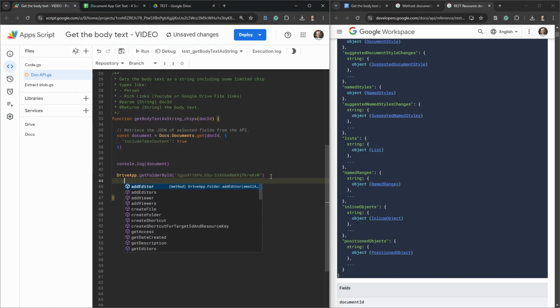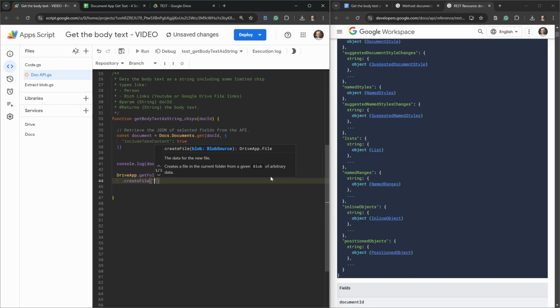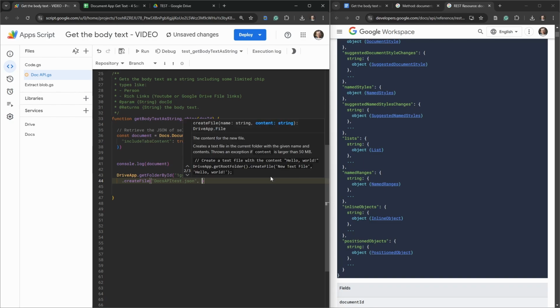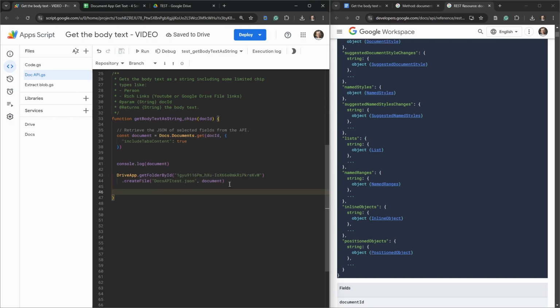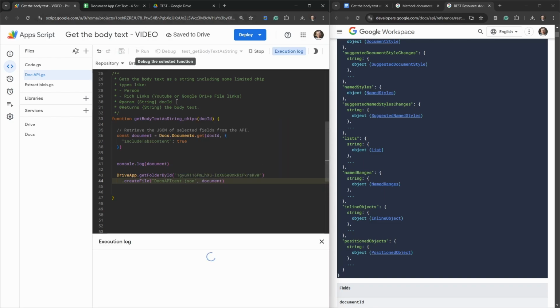And then we're going to create a JSON file with it. So we can say createFile. Let's give it a name called docs API test.json. There we go, much better. And then we want to include the document. Let's just give this a little run now, and that should produce